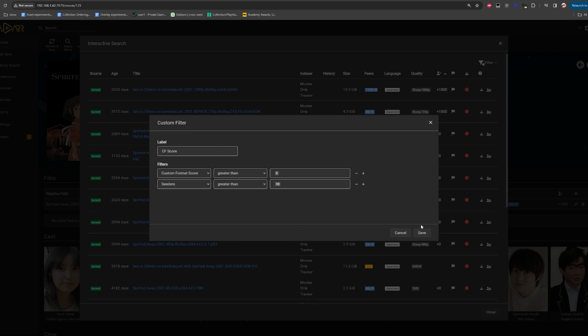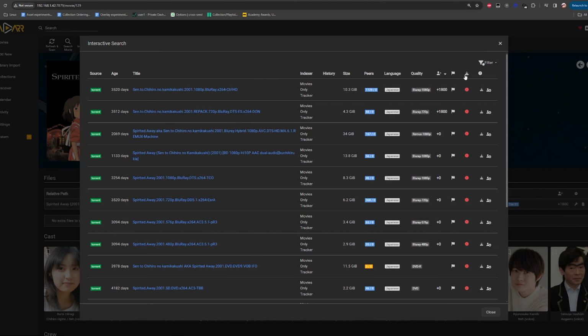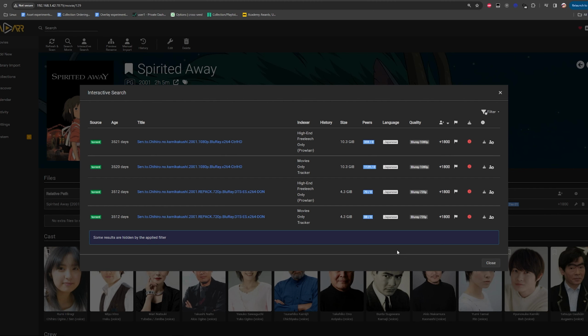So in this instance, I don't really set seeders. I just want to see whichever ones is greater. I don't care if the seeders is like 3 or 4. Usually with a higher end private tracker, 3 or 4 is enough. So then I hit custom format score. See, notice, boom, instantly the list got crunched down very quickly in terms of custom format. Obviously, this is for greater than 0. So instantly I can see, is there a release that has the custom format I want? Because remember, custom format is preferred. It's a way to really tweak which releases you're grabbing.